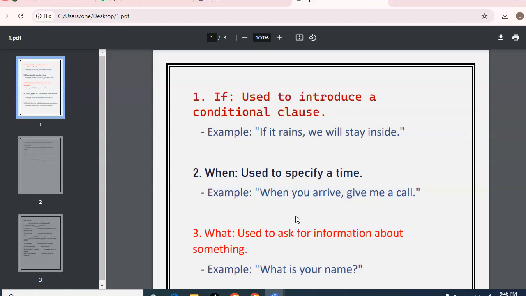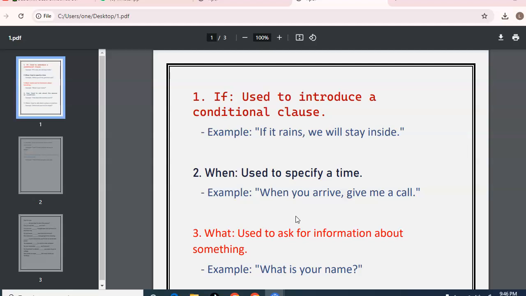So whenever they are asking for a time, for example, when is your birthday? It means when your birthday is. So for a time or an event, specifically for describing that, at that time we use when. Okay. So this is another thing.